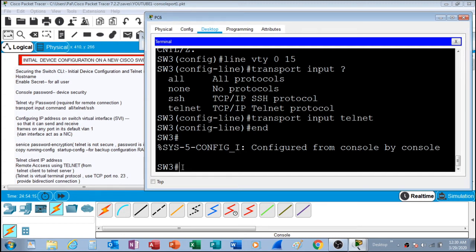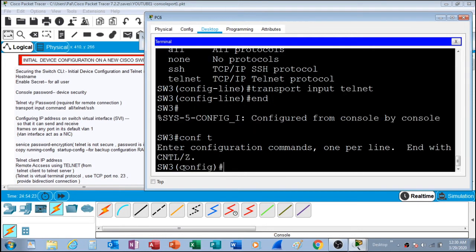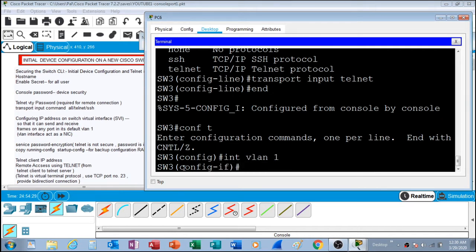Alright, so next, now we're going to configure the IP address on the switch virtual interface. For that we're going to use conf t again, and we're going to use the command interface vlan 1 and press enter. Now we have to issue the IP address. We're going to use ip address here. Now we don't have more devices in our topology, so we can use any one network. I could use, okay, class C. Let's say